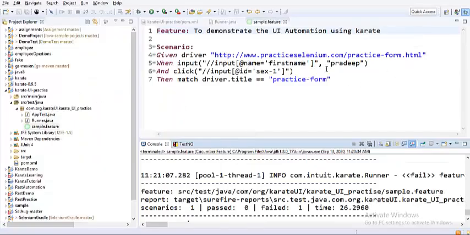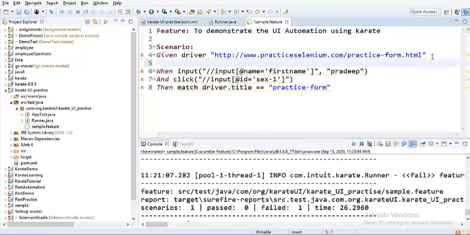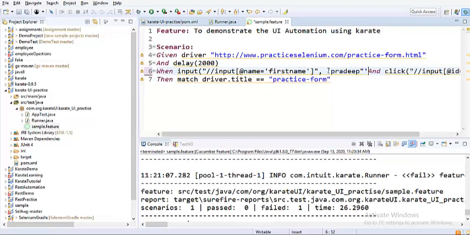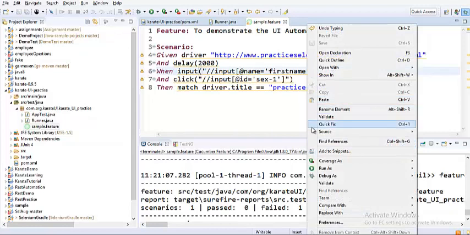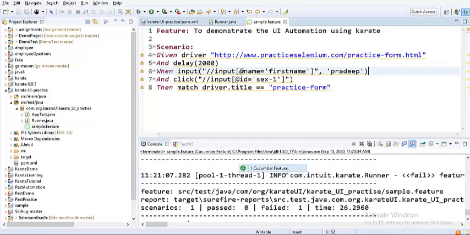And let me just add some delay here just to see if we can understand what's happening. If you wanted to do some delay of 2 seconds, just add 2000 milliseconds. And there should be a space here, and just try to pass this value in a single quote to see if that makes a difference. Control Z. So let me run this again. Combo.feature file.